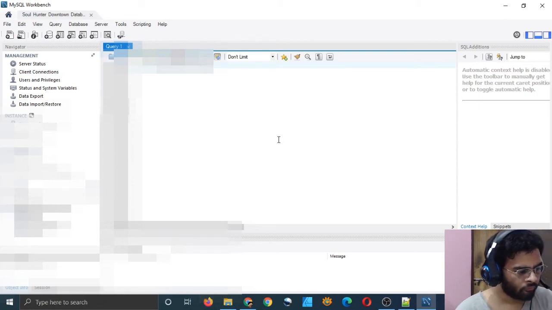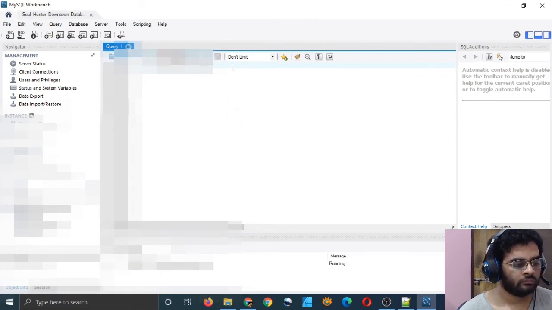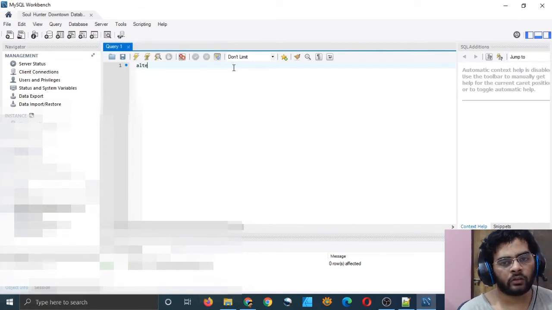Now I will run it. So it's working. And now I will type the alter command: alter table users modify column. I will type my column name, username.